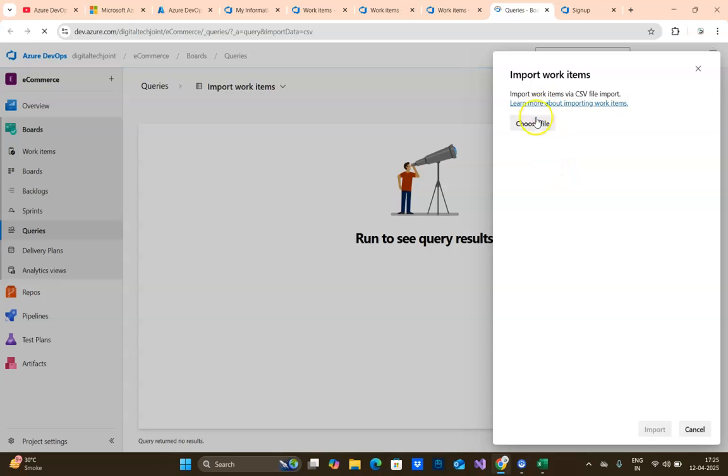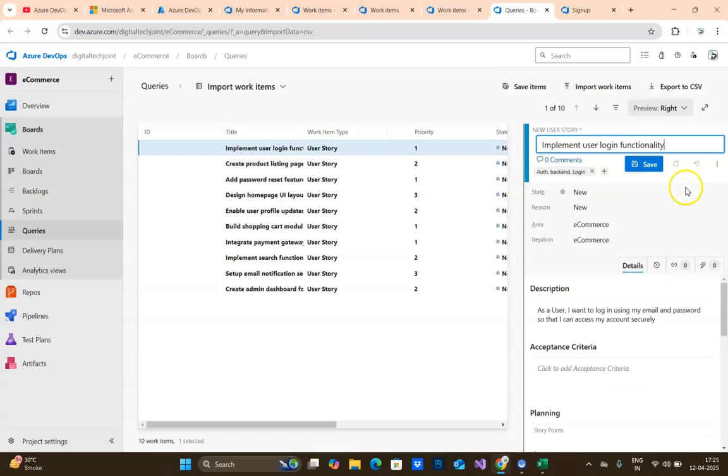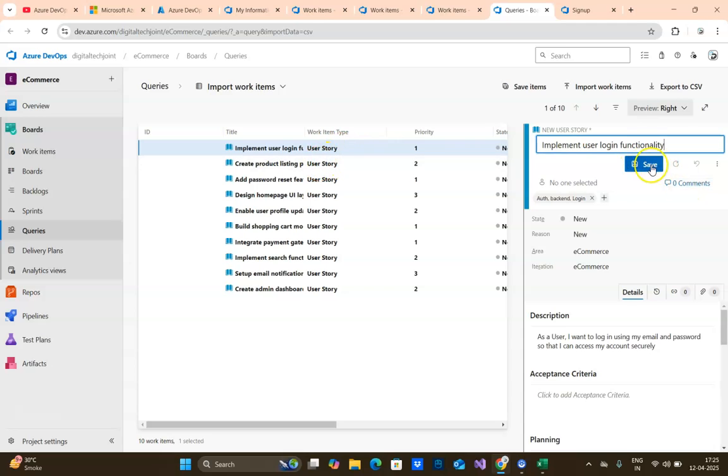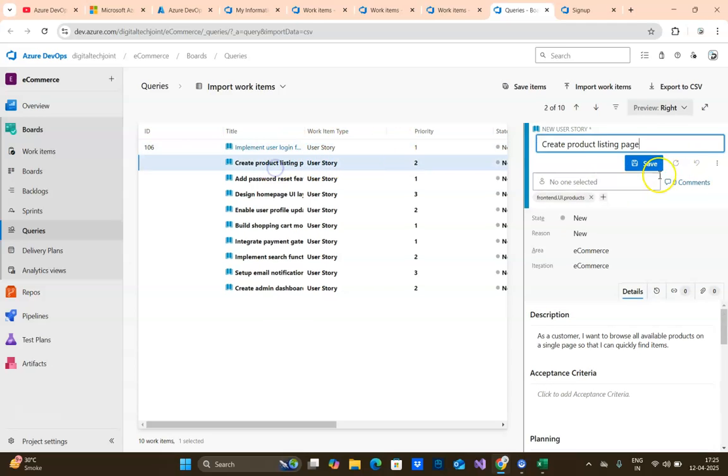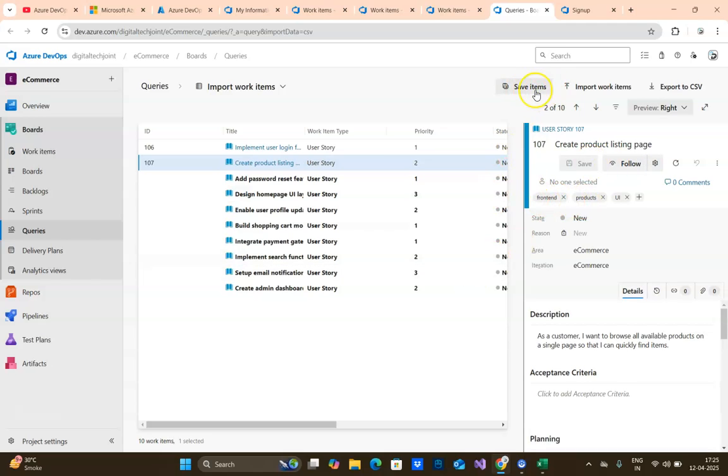Import work items, choose file, say import. So now this is what we have to save. We select it, we save it, or we also have save items option over here. It will save all these items together in one shot. So I'm going to just say save items, and you can see it has generated IDs, user story IDs